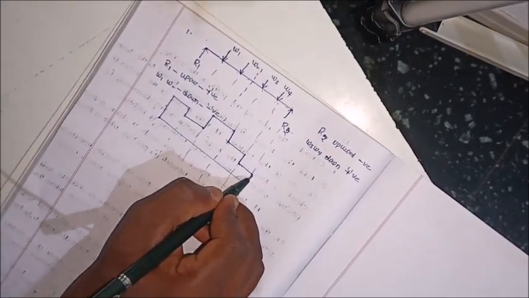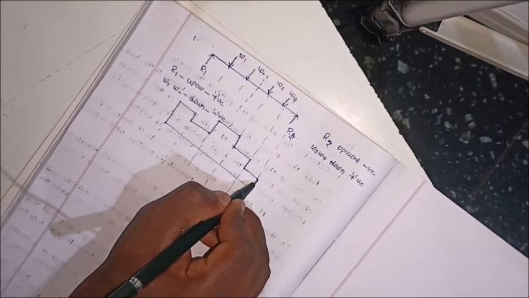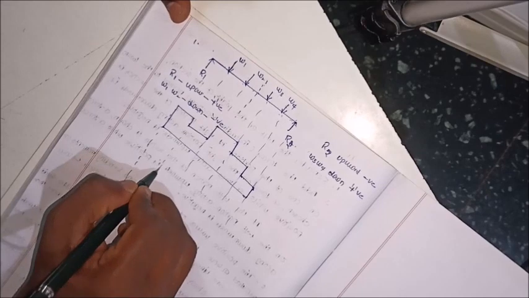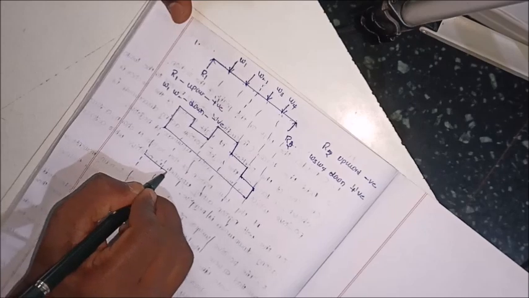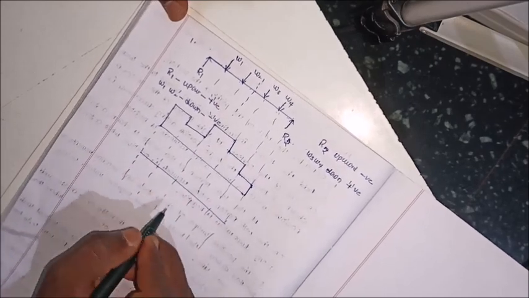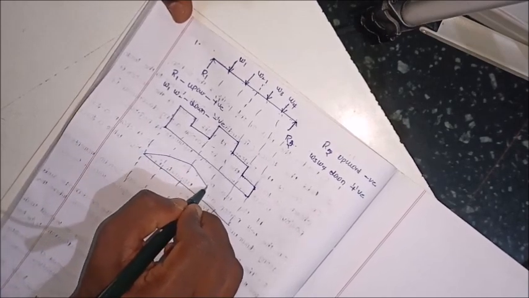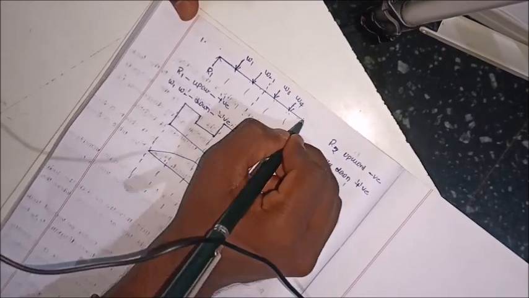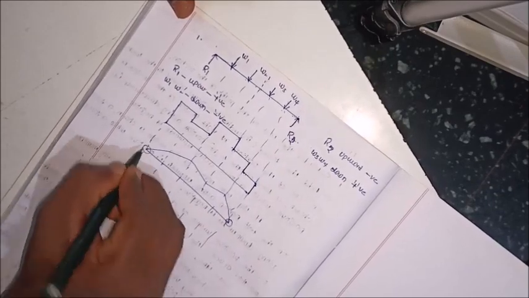And the sixth point is that the bending moment at the two supports of a simply supported beam and at the free end of a cantilever beam will be 0. So we consider the bending moment diagram. This is an example of a bending moment diagram. Here this is the free end, and these are the two supports of the simply supported beam. So here the bending moment value will be 0.